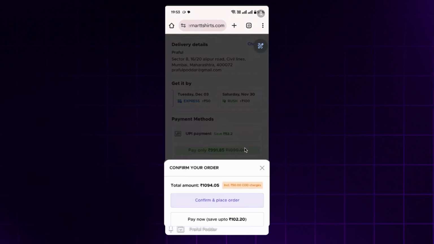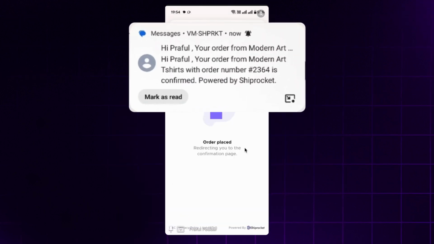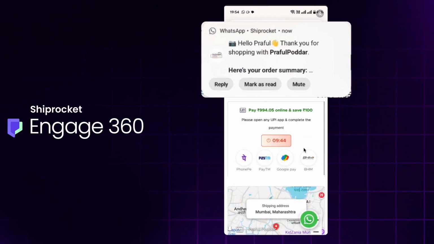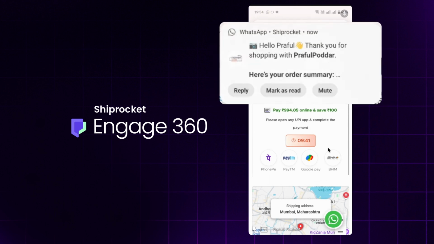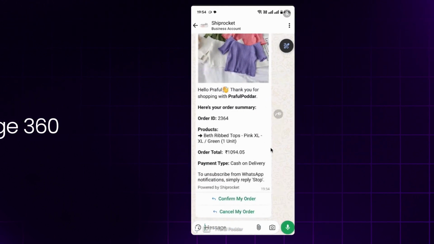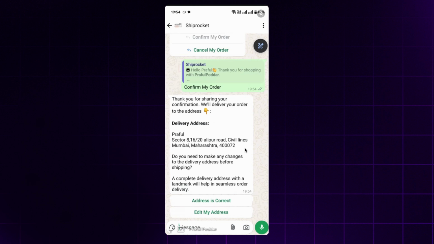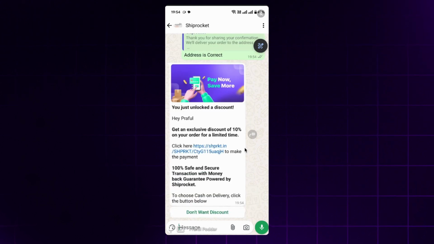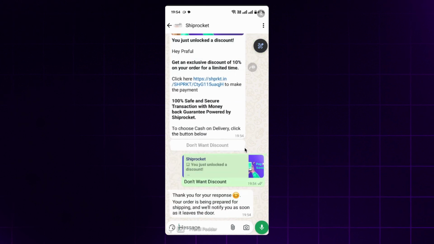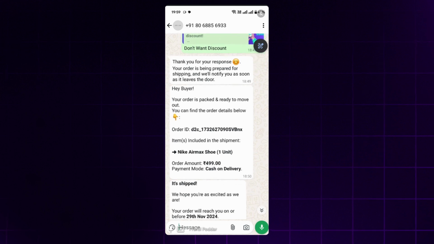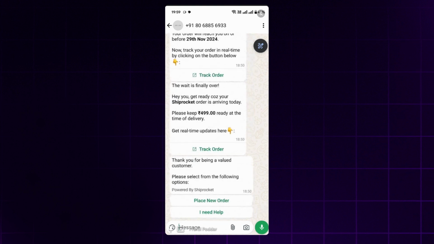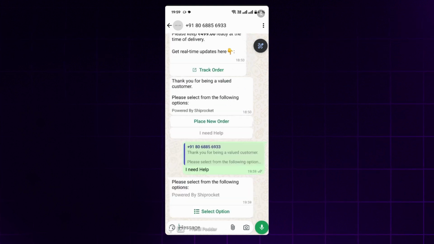The moment a cash-on-delivery order is placed, the omni-channel communication tool, Engage 360, kicks in and starts a WhatsApp communication. Let's get to that. In the WhatsApp communication flow, there are workflows to confirm an order, get address updates, as well as push for a COD to prepaid discount. The same communication thread gets used for sending shipping updates once an order is shipped and is in transit. Not just that, it also has a chatbot experience used for both pre-order and post-order queries.